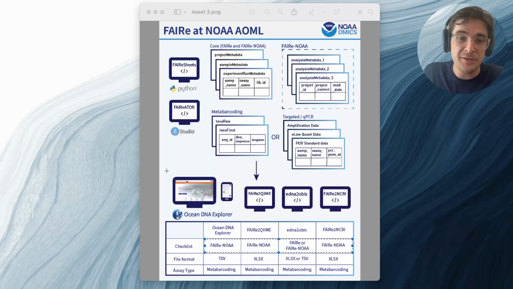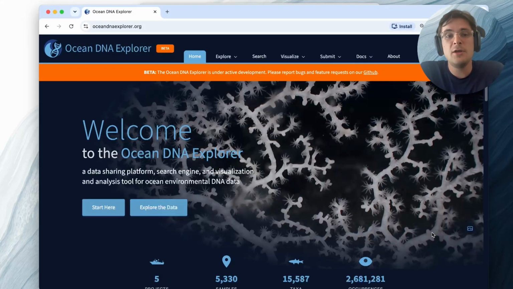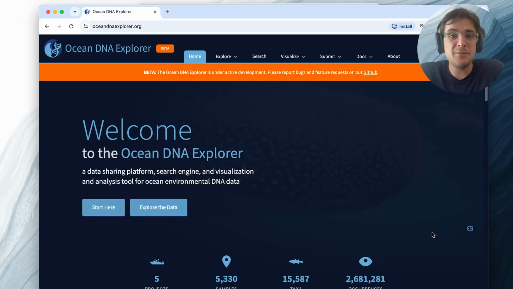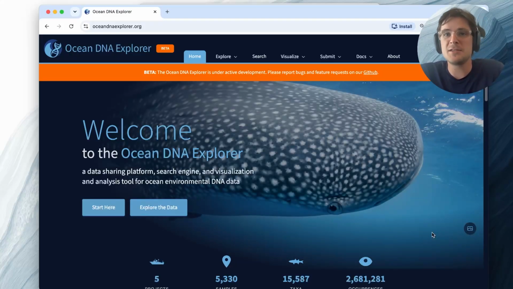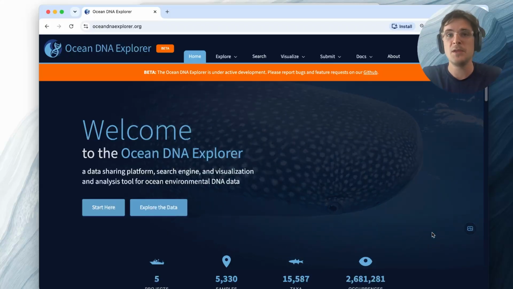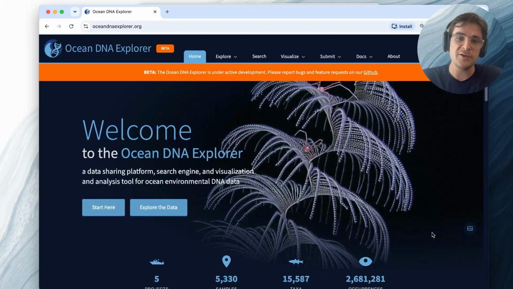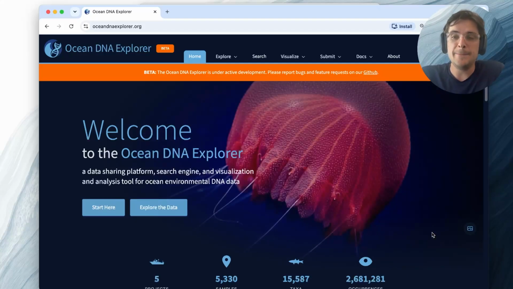to quickly plug the Ocean DNA Explorer. This is our new Ocean eDNA data portal, and it's a little more than that. It's a visualization and analysis platform built specifically for eDNA. So all the features of it are carefully built, following feedback and input from other eDNA researchers around the world. I would like to say it's not a replacement for OBIS and GBIF, but